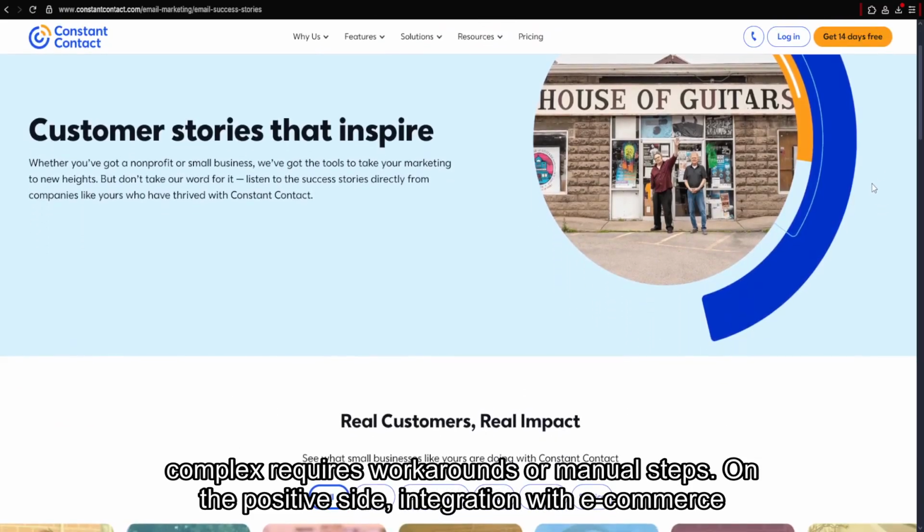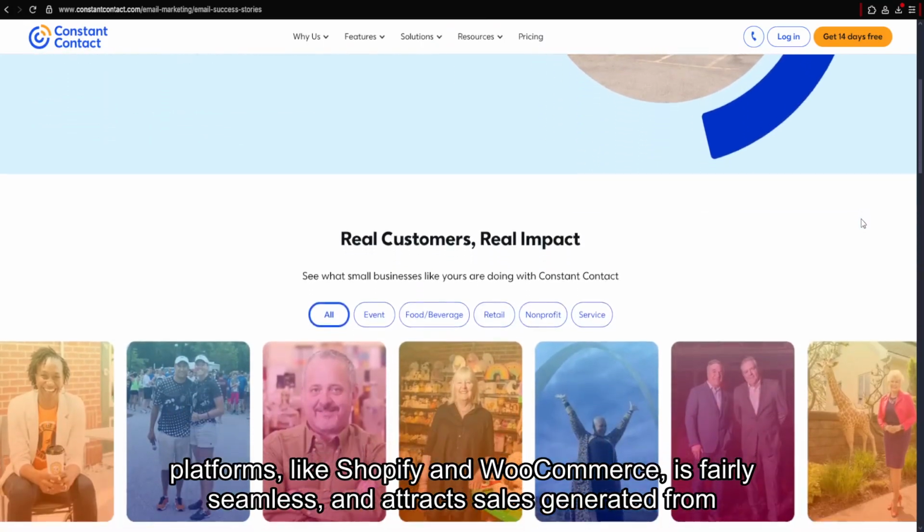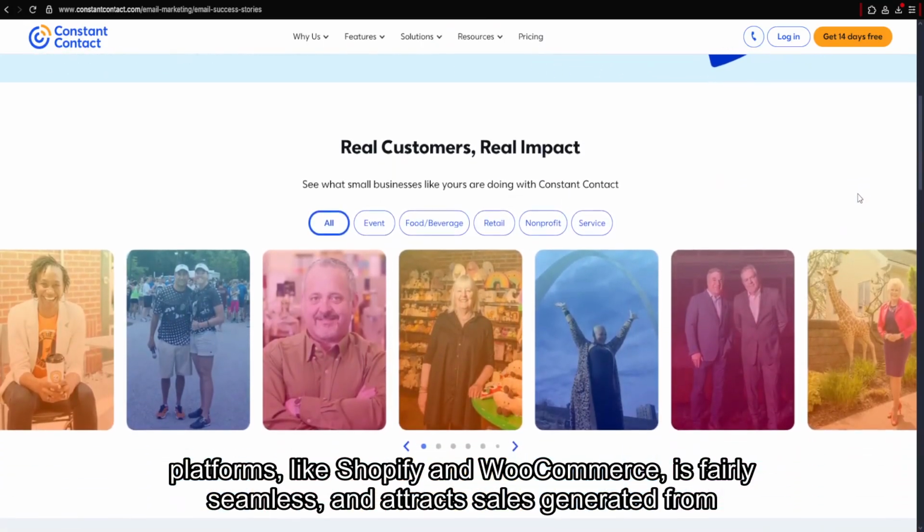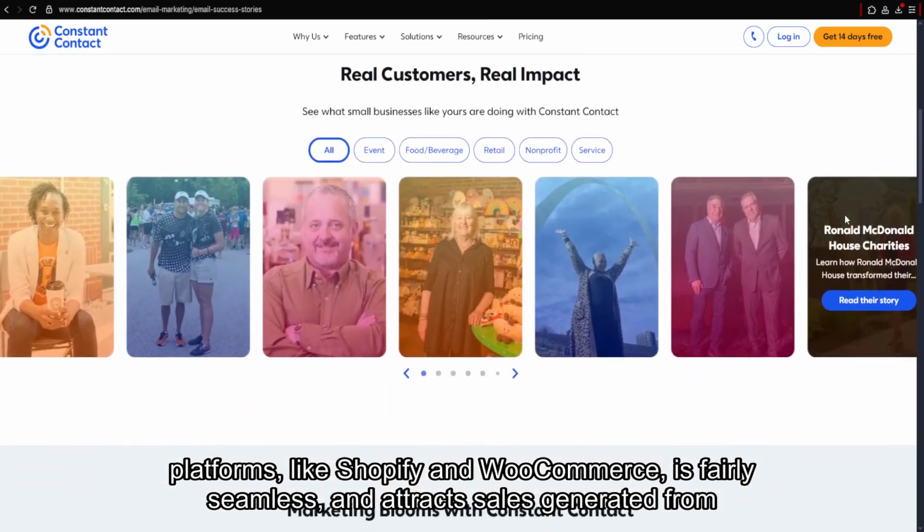On the positive side, integration with e-commerce platforms like Shopify and WooCommerce is fairly seamless, and it tracks sales generated